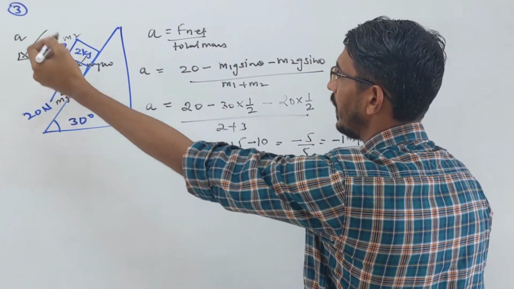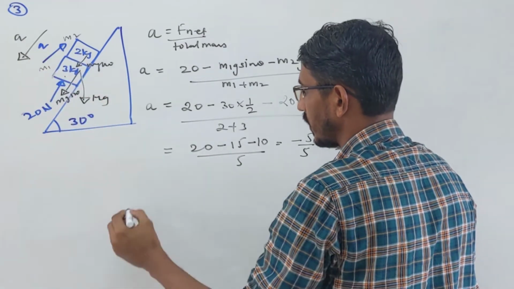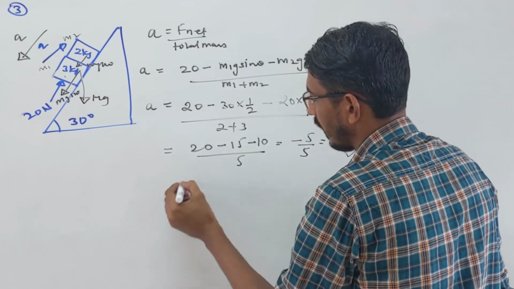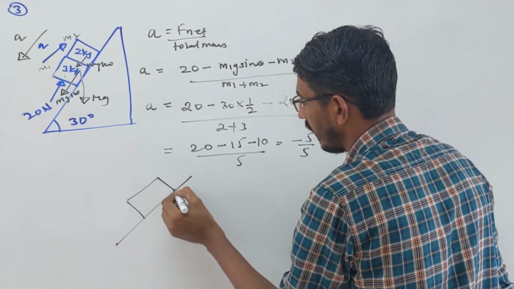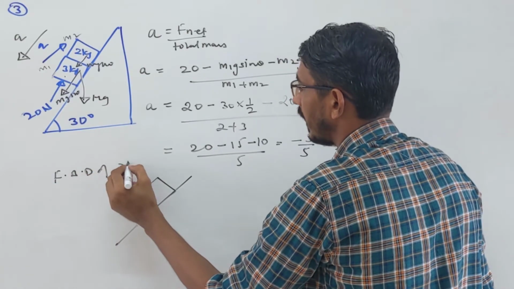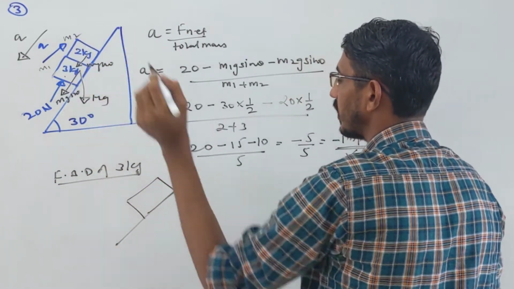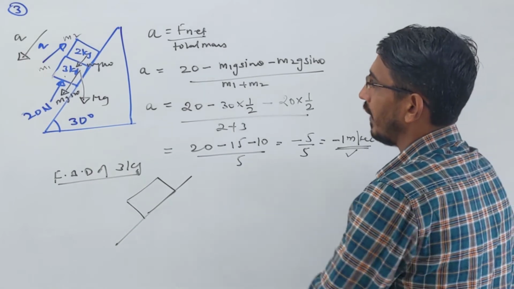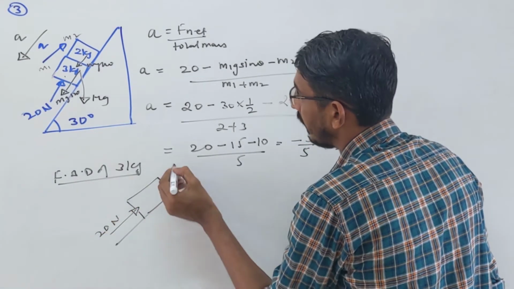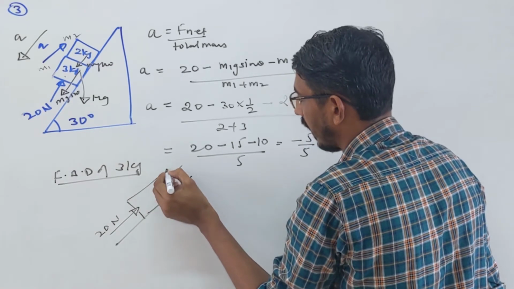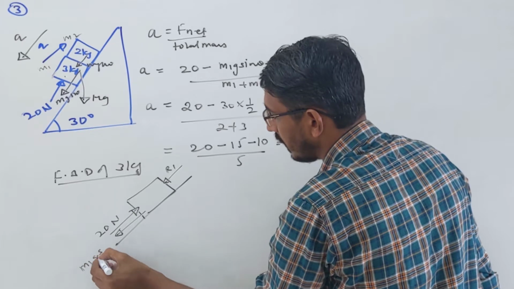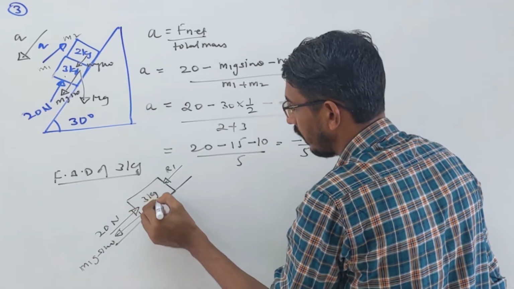So you can take the FBD of any block. You can take this also, your choice. Let's write it this way on the incline only. This is your inclination. So I am writing the FBD of the 3 kg block. You can write that also, you should get the same answer. What forces are acting? 20 Newton here. Then the reaction between them, let's call that R1, and the weight of this block also downward, m1g sin theta. This is the 3 kg, we are calling it m1.